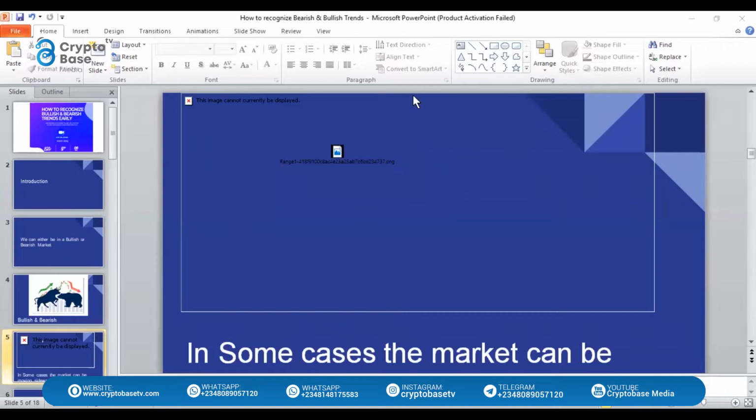Okay, let me just use this quick draw tool. So markets can come like this, like this, like this, and then continue this way. That is what is called a range market. Then we are going to have the resistance here and also the support here. So that's how it is, guys. Okay, moving to the next one.